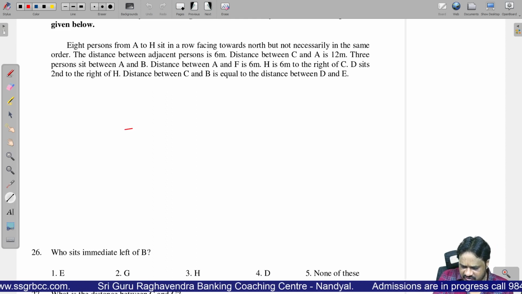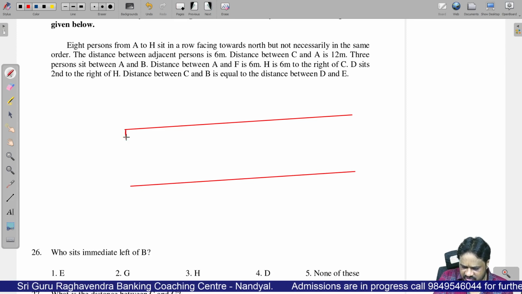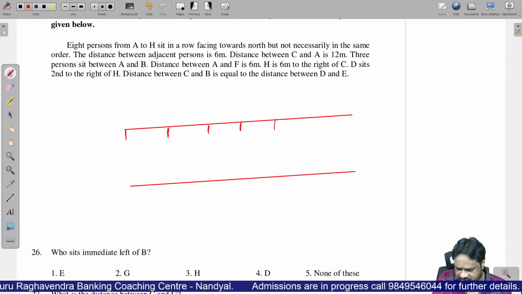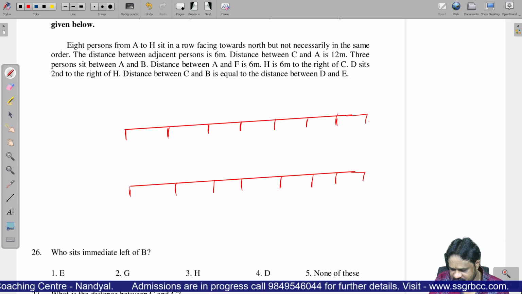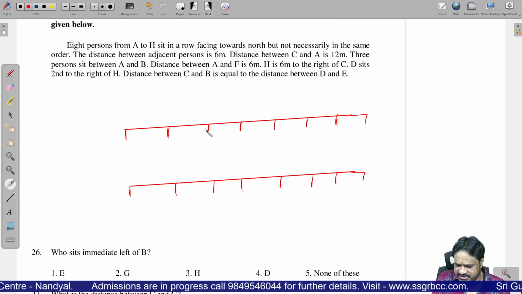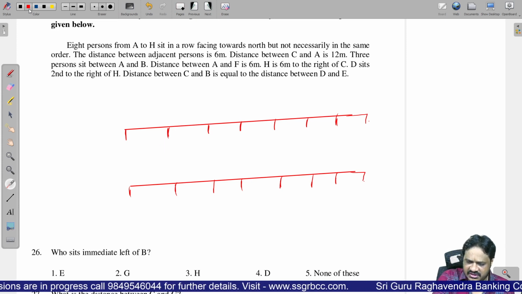Now all of you draw one straight line or two straight lines. Divide into 8 parts. Distance between any two persons is 6. So this is 6, this is 6, this is 6, 6. So distance between any two persons is 6. Now